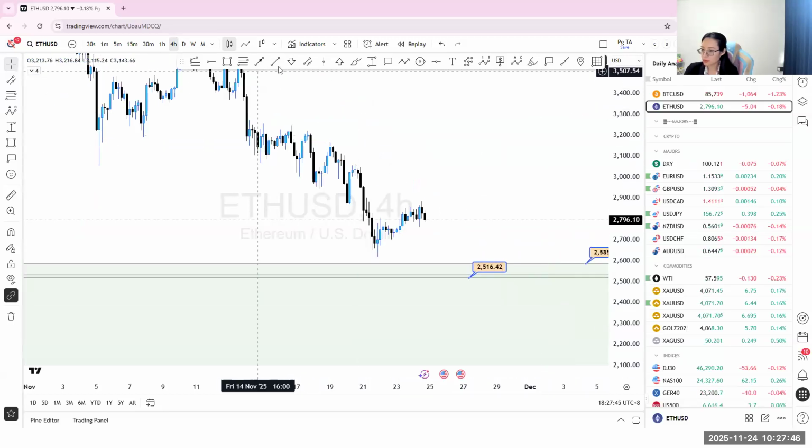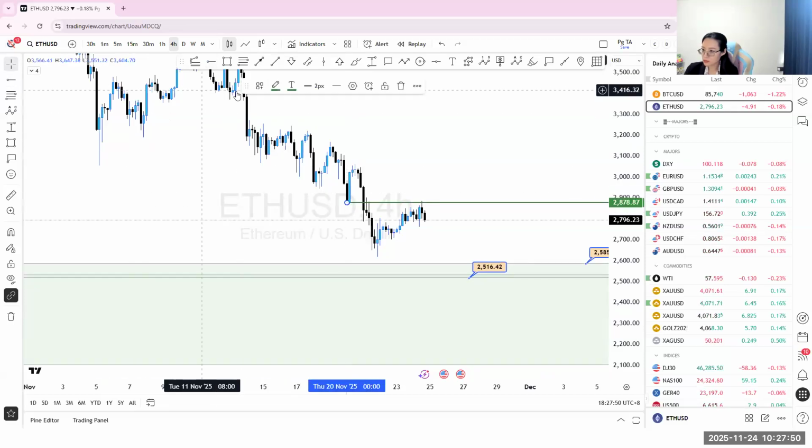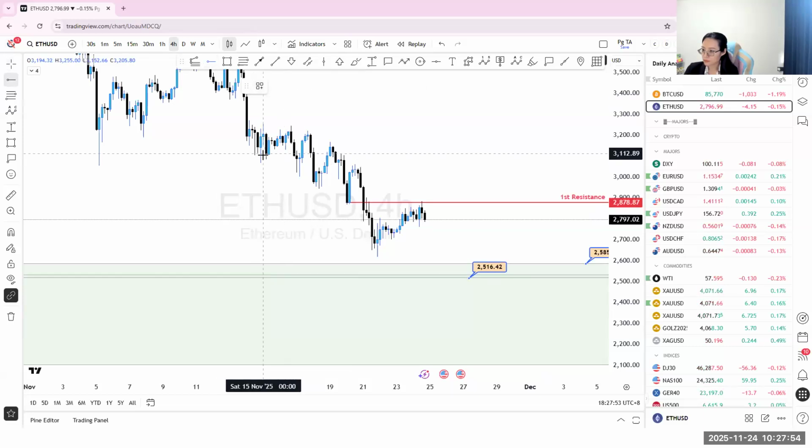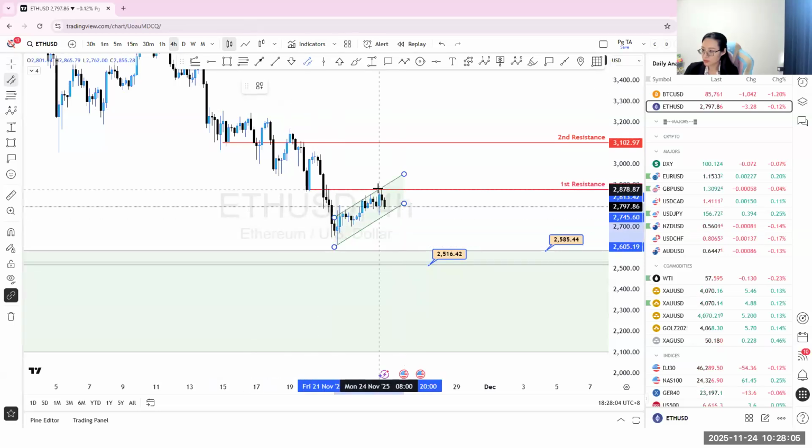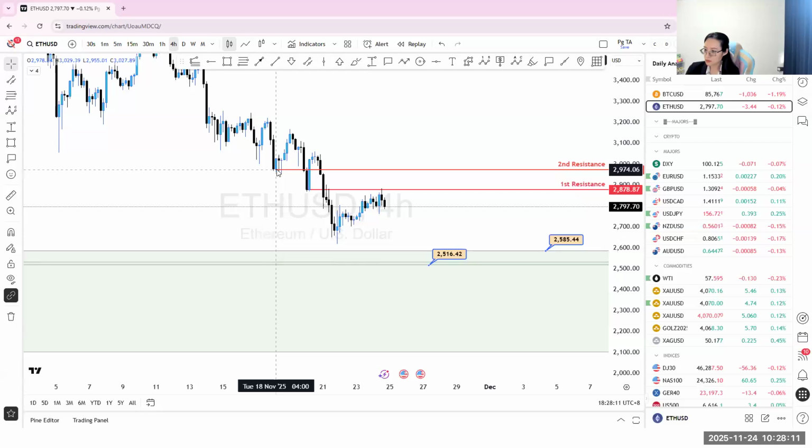Also on H4, price is falling from the resistance level. The second resistance will be here, right? And we can say in the bullish react, resistance removed. I'm going to check this one to the second resistance